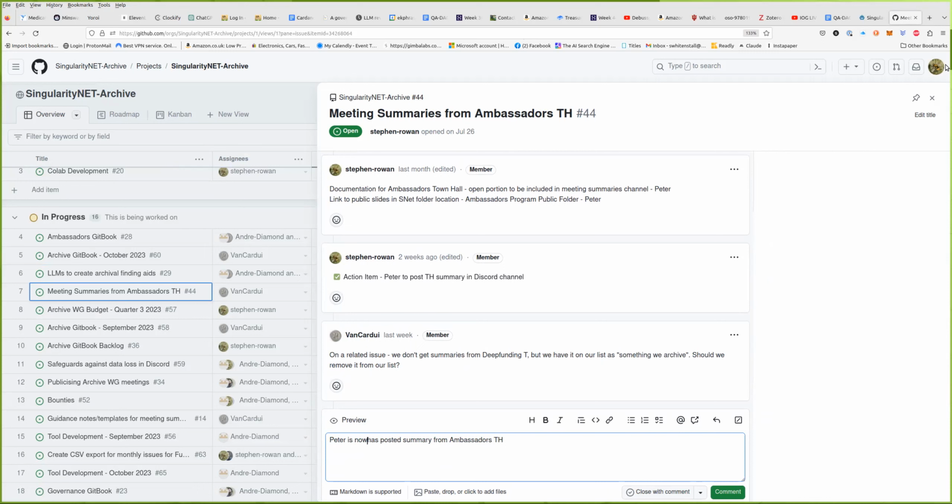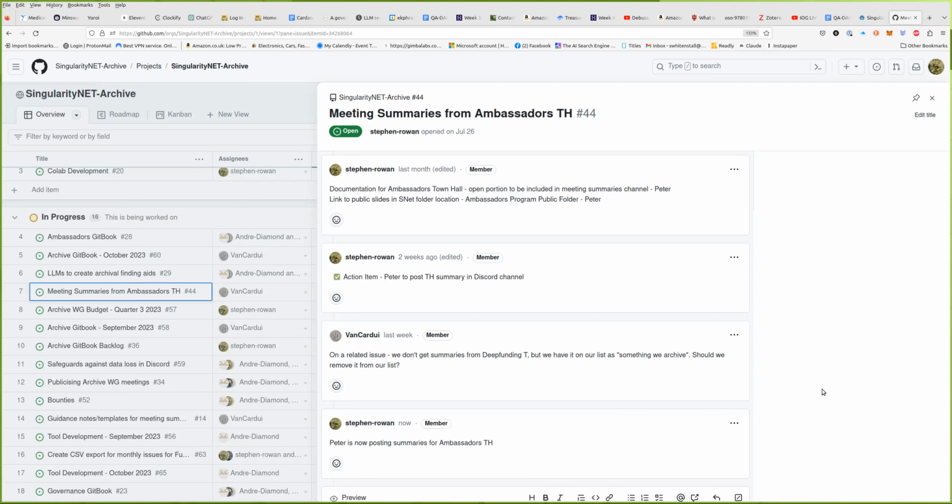Well, he is. Did we have in the last conversation the idea that maybe it could be a bounty, so Peter doesn't have to do it every time? Was that something that we said or not? Not according to the notes. Okay. I don't think it gets paid or covered or anything, so he just does it, which is probably not that fair for him to have to do every time. When we get to bounties, let's add it as a possible thing that could be a bounty, and maybe talk to Peter and ask him if he thinks that's a good idea or not.